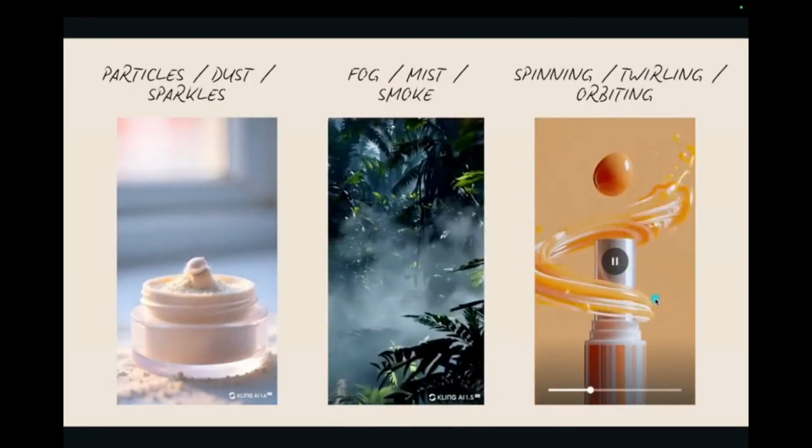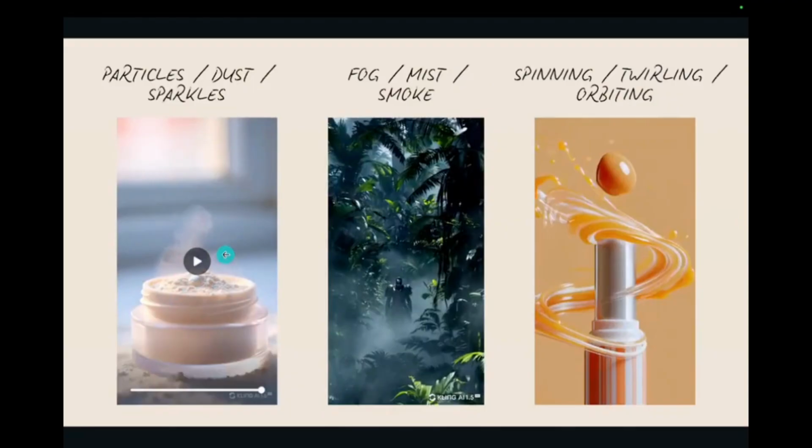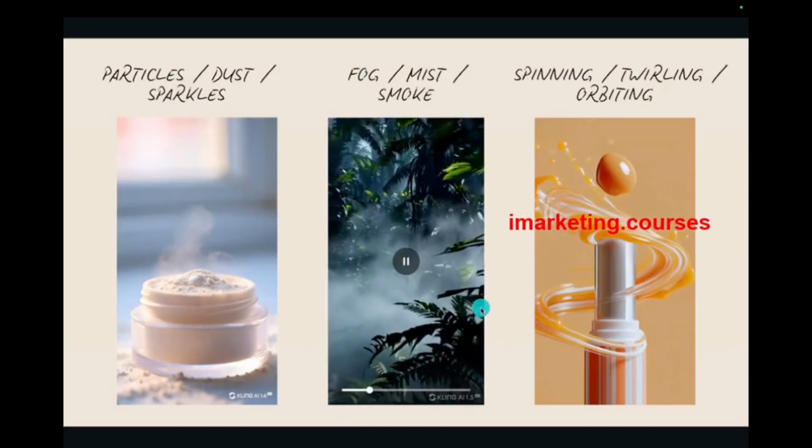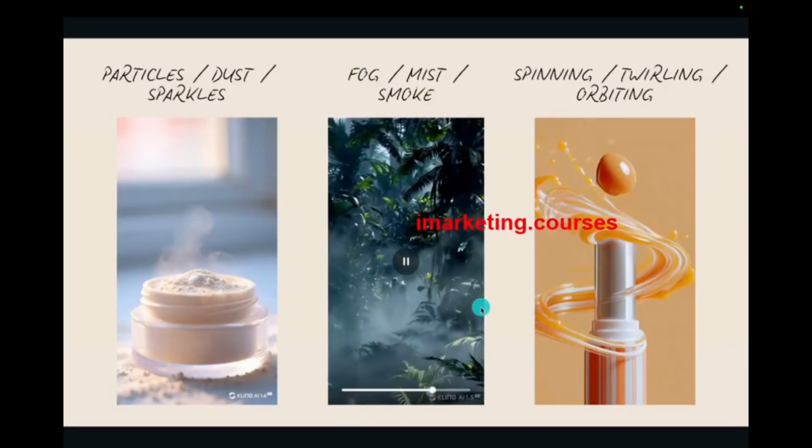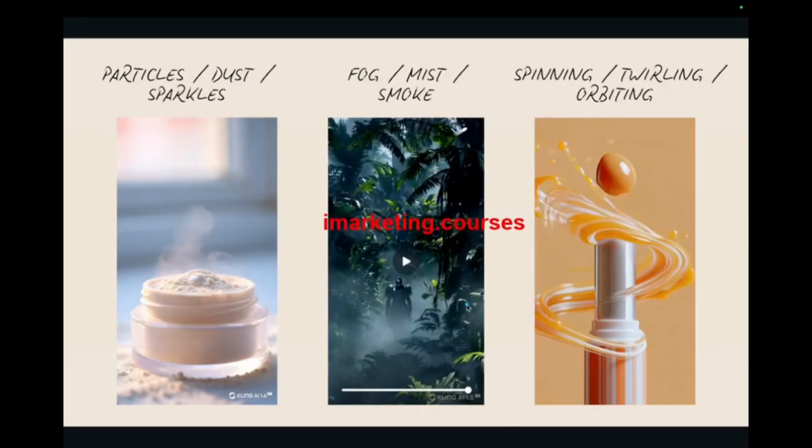Here are three more examples you can do. Here you can see a dust sparkle effect. A prompt you can use can be a soft blush powder or sandy look. It adds magic, lightness, and of course a minimal feel. This is a darker, foggy mist or smoke that you can also create with AI. You can take any product you have and create a kind of fog around it and reveal the product, for example. This creates mystery and softness and adds a really cinematic feel to the video.